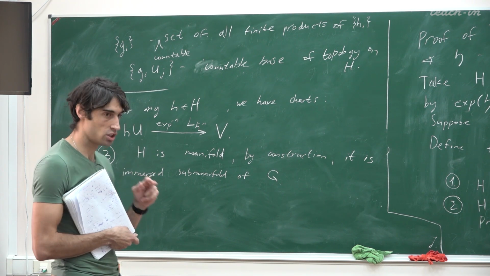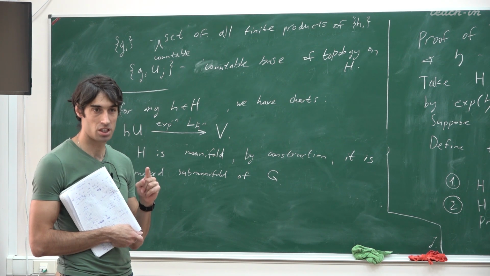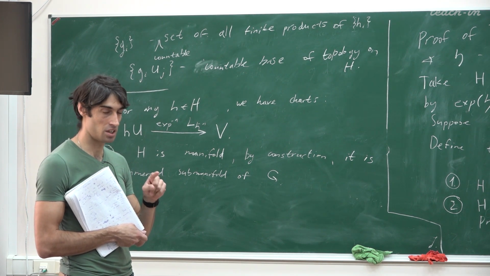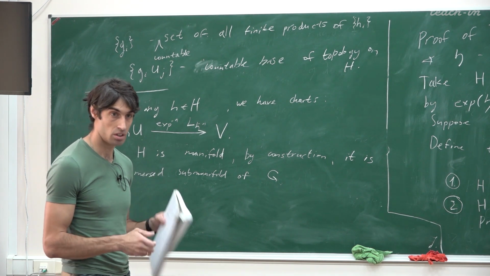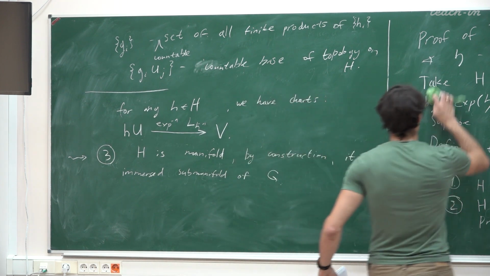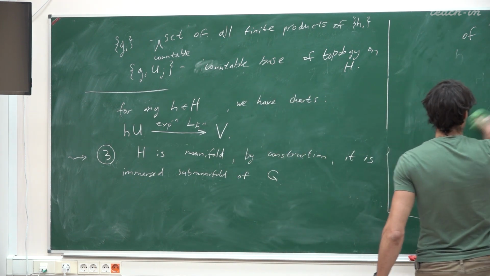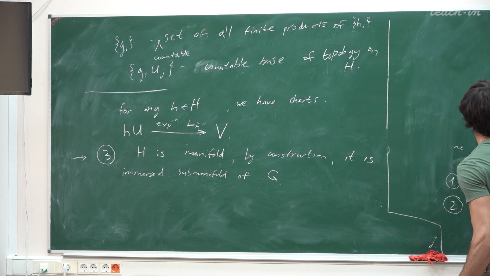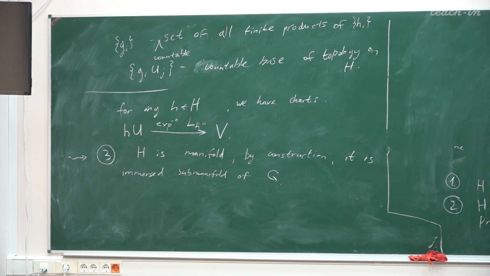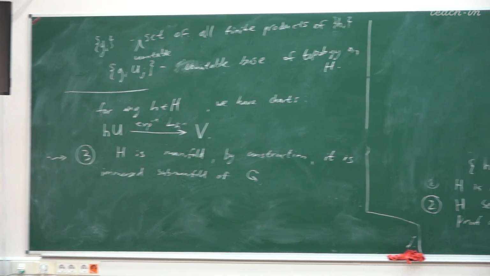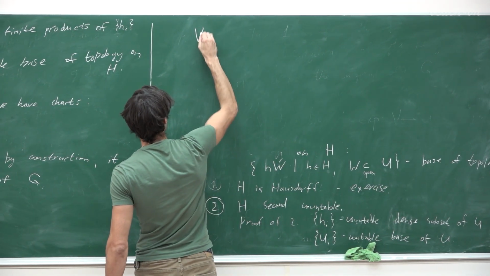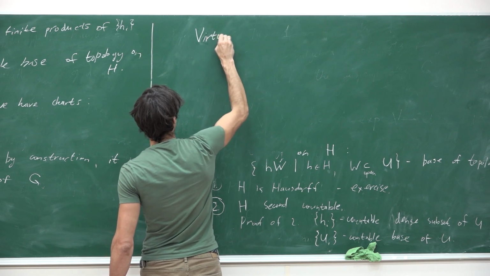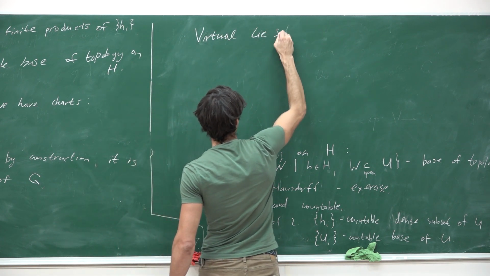So when I checked my notes, there might be a mistake in the definition of virtual Lie subgroup. This slight inaccuracy didn't play too much of a role until now, so that's why I noticed it only now. You should check your notes, but maybe I said that a virtual Lie subgroup,